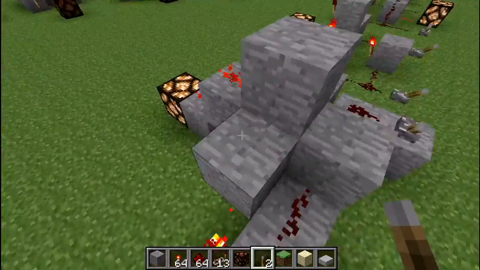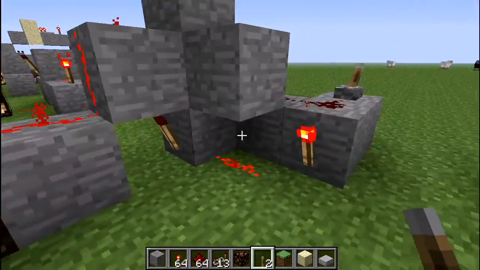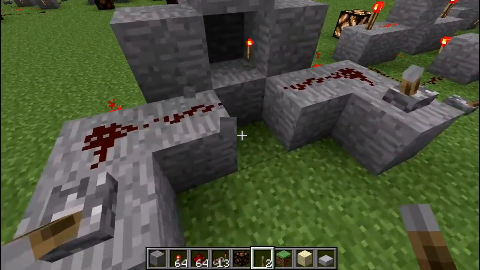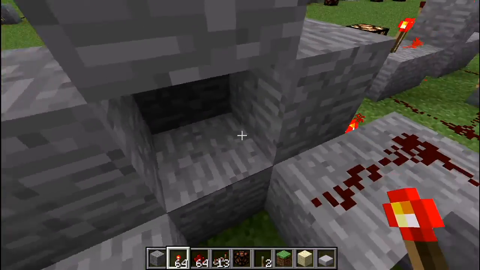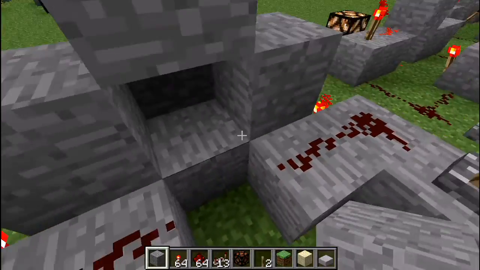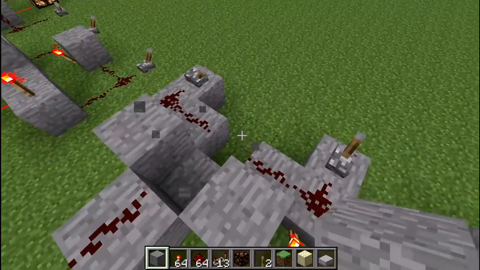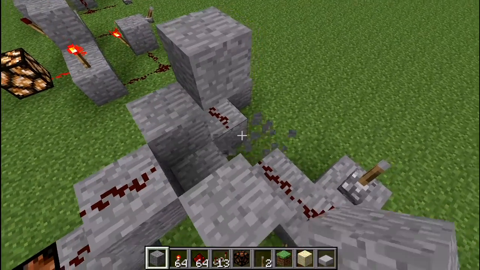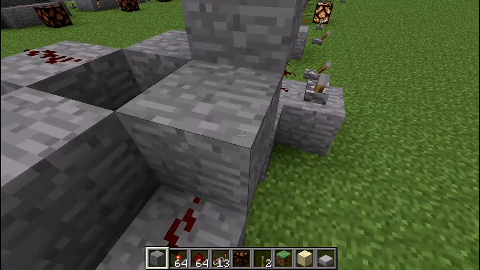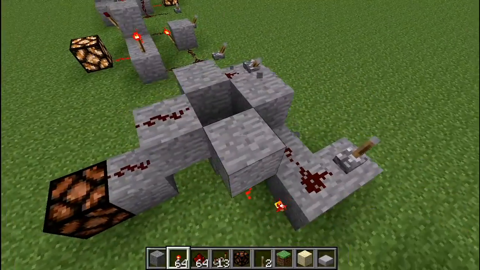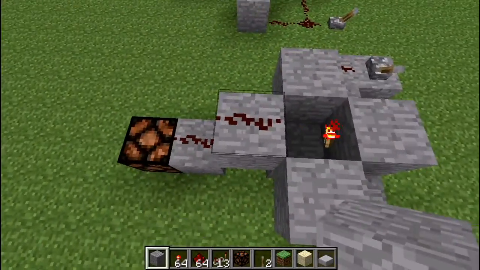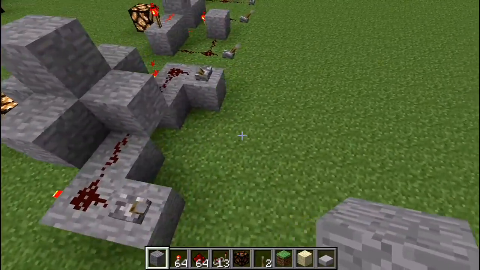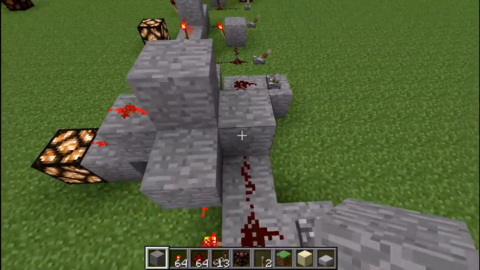You need this because there's a torch on the other side, isn't there? Oh, actually, what is that? Yes, there was a torch in here. That's why I forgot. Alright, so that's a little hidden thing that you need to know. Why can't I place a block here? There we go. So, there's a torch in here, and the signal is given to this redstone by placing that block there. So that one's a little weird looking, but yes, there is a torch in there placed against the